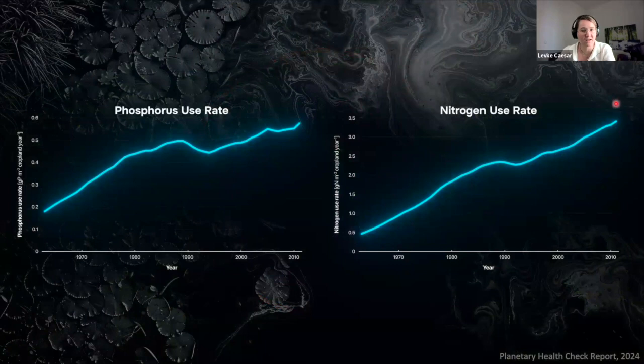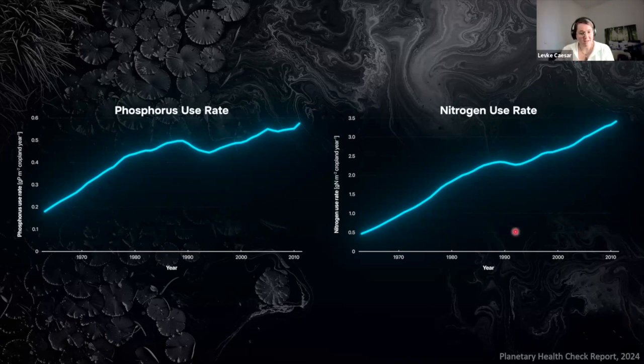You can see here how the global average use of phosphorus and nitrogen changed from 1961 until 2013. We're at the moment looking for updated data. And basically on the left, you see the phosphorus use rate, which more than doubled over this period. Phosphorus is essential for plant growth, which is why we are using it as a fertilizer. But the problem is that its overuse, especially when it runs off into lakes and rivers, is a major driver of toxic algae and cyanobacteria blooms. And it also damages freshwater ecosystems and can even threaten drinking water supplies.